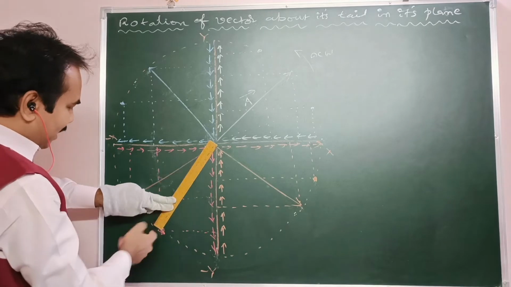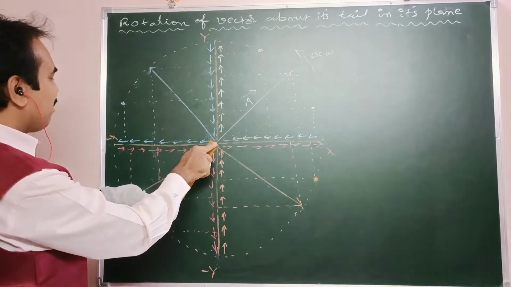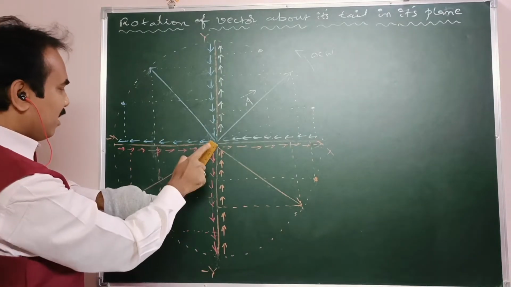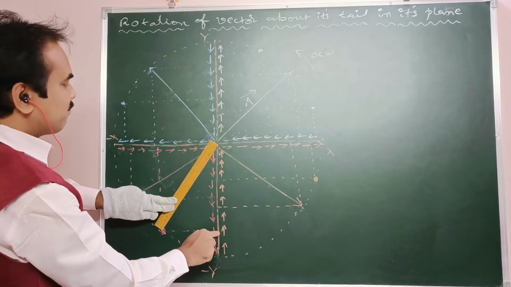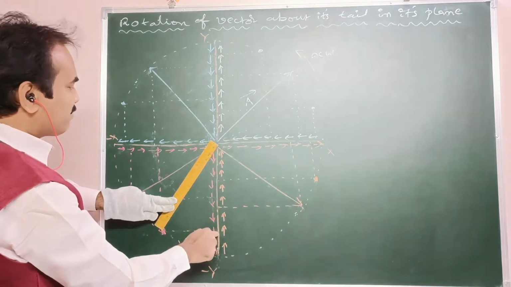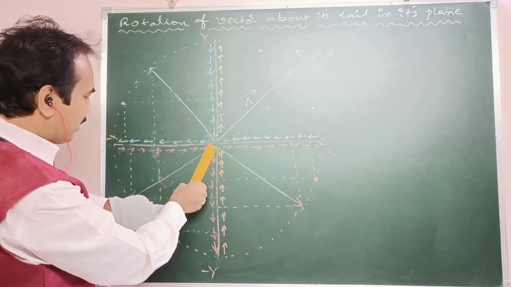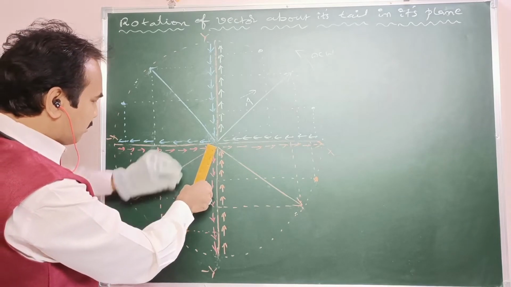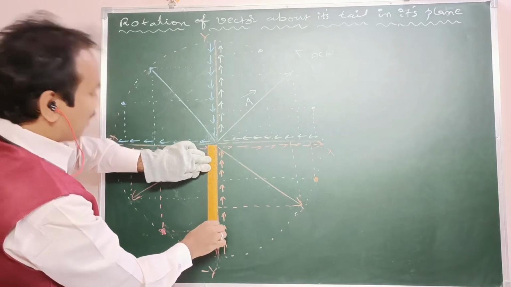Now x coordinate, how to get x coordinate? By drawing normals onto the y and x axis. From this origin to this intersection, this is x coordinate. From this origin to this intersection, see normal here, this is the intersection, y coordinate. Means gradually y coordinate increases, x coordinate decreases like that. Y coordinate increases, x coordinate decreases, becomes 0.